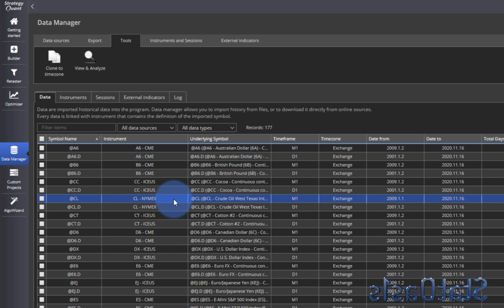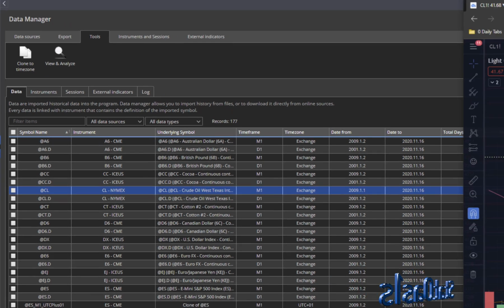Until today. Data is the most probable cause that, if you test this portfolio on a different platform, you will get different results. But if you follow this data, which is the WTI crude oil on NYMEX exchange time, then you should get very close results to mine, even if you do it on another platform using the same data. And I actually compared it to